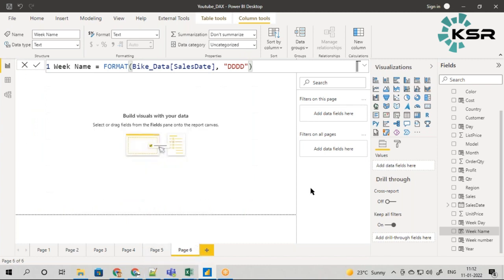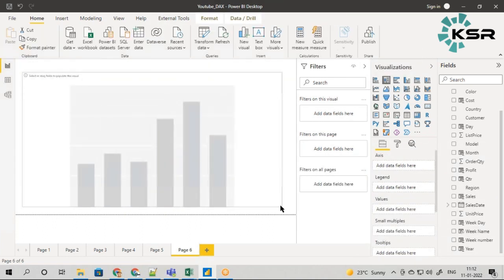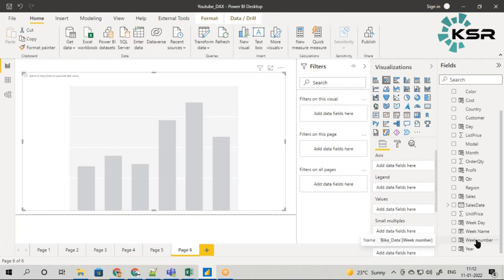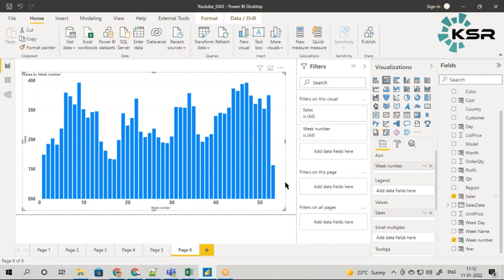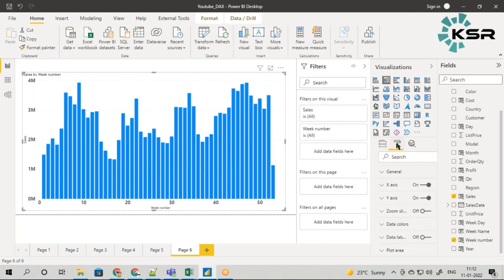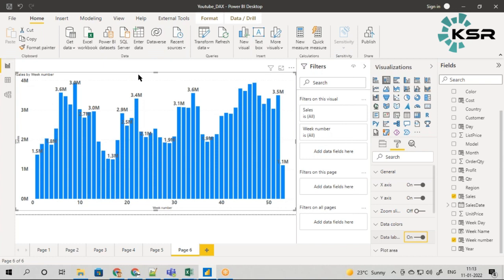And along with that, the next question which my client asked was which week had given the good number of sales. You can simply drag it. You can just take out the week number here and take out the sales, and I can clearly get to know which one is the highest. If you want, you can switch on the data labels and you can see which week had given me the good sale. By adjusting the font, you can find out which week had given a good sale.